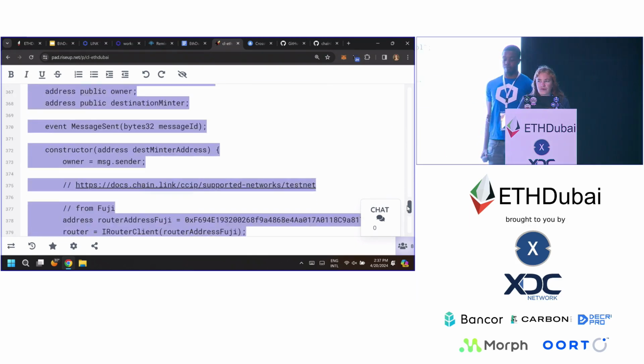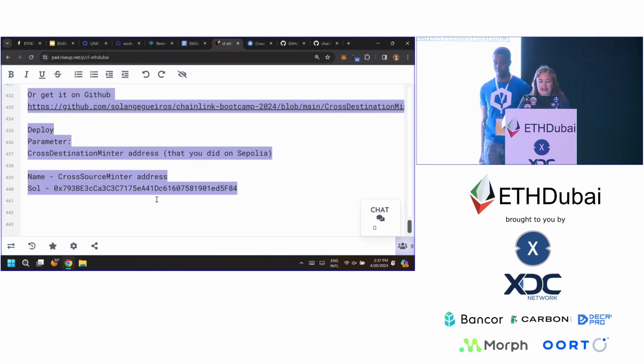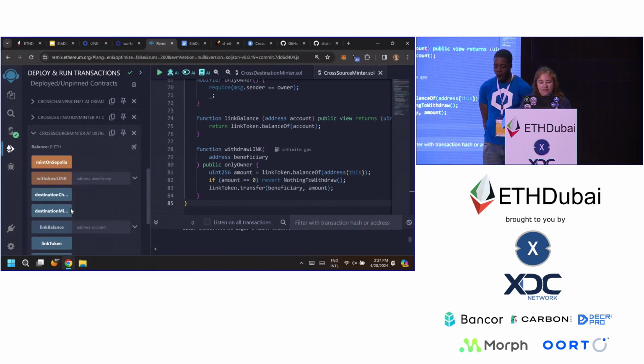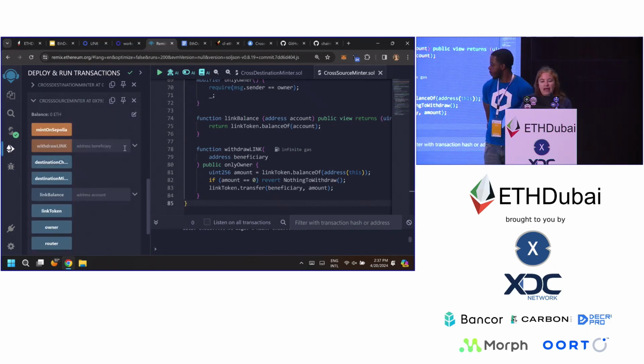And so, if I am in the destination blockchain, like I am now, I can use this content to deploy, to mint my NFT in the other blockchain. So how can I do that? Here, I can click mint on Sepolia, but